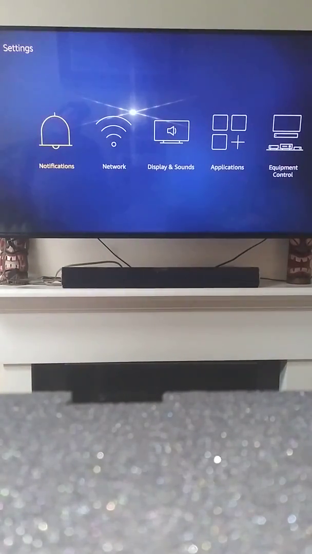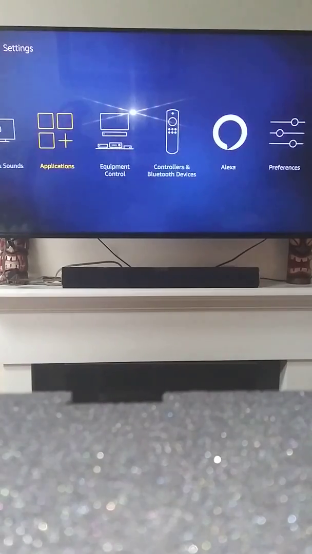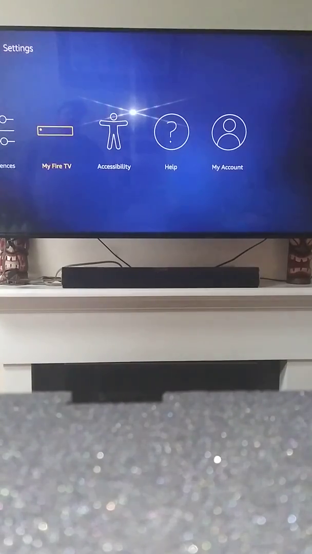come down, scroll over to the My Fire TV, click that. Go down to Developer Options. Click on that. Mine are already on because, like I said, this is my stick. I've already had it on here. I just took the build off just to show you